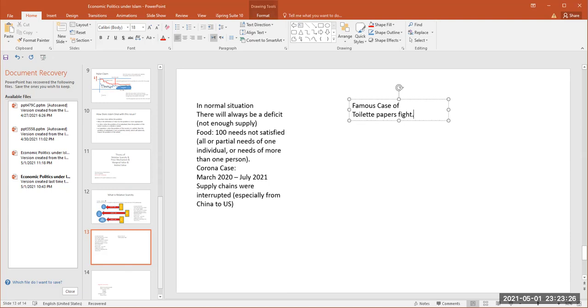So there was always insufficient supply. So that's what basically toilet paper is, something to fight for. Which means not enough supply, and that's what means the rate cost or scarcity. So the relative scarcity here,